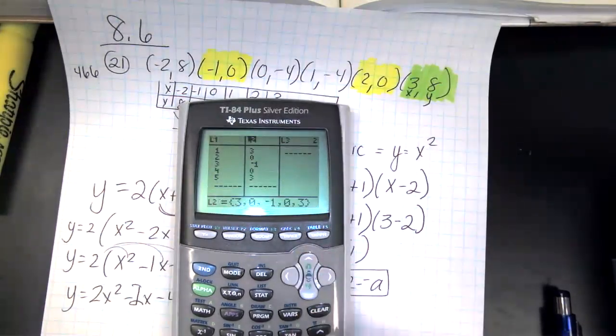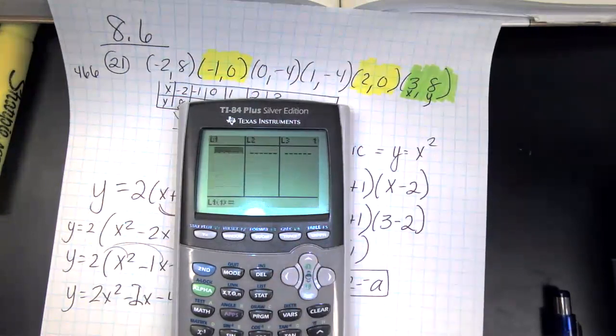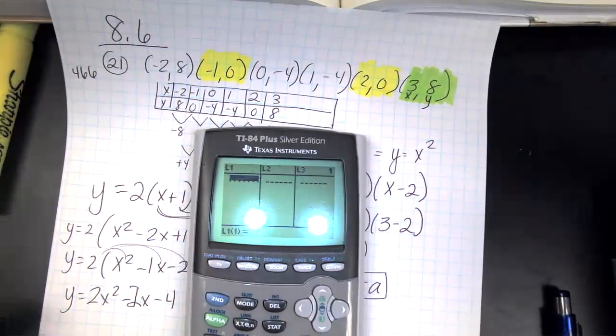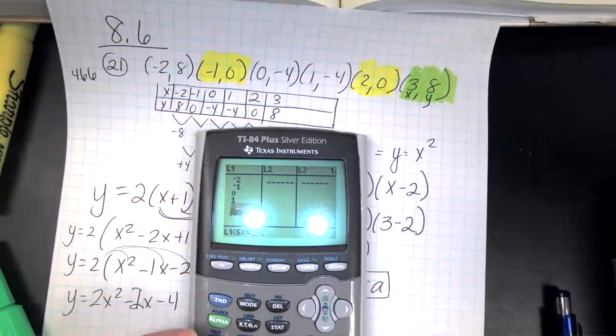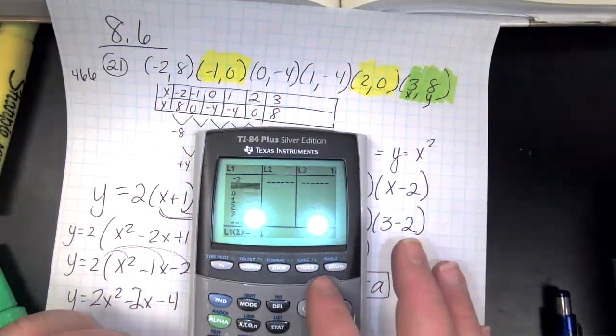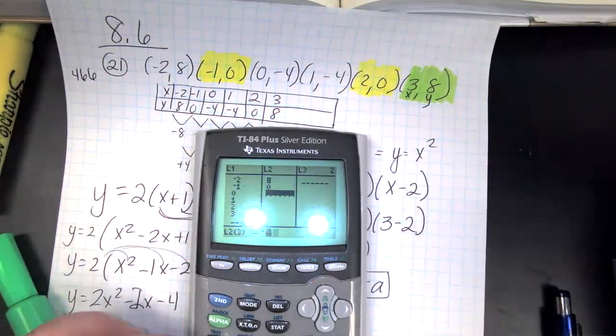I have a problem we did before, so I hit clear and enter, and I'm going to hit clear and enter. All right, so I'm going to put in my points: -2, -1, 0, 1, 2, 3, and 8, 0, -4, -4, 0, and